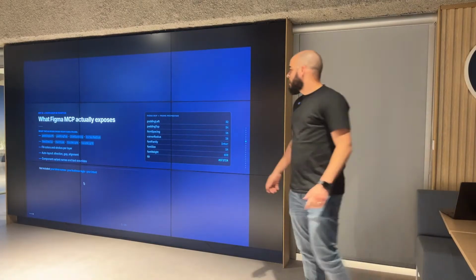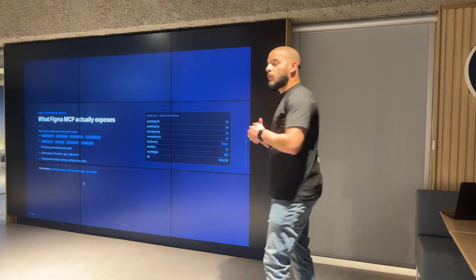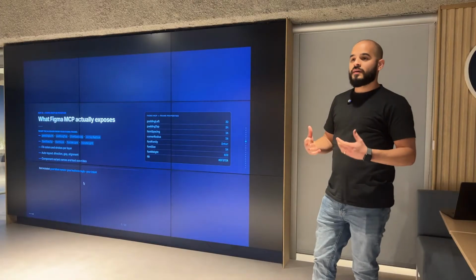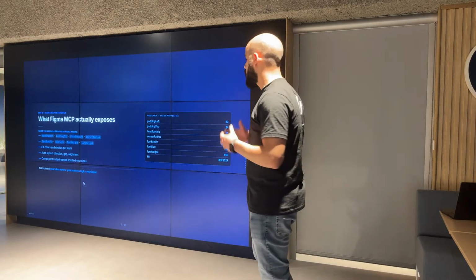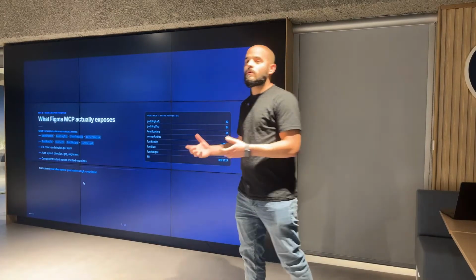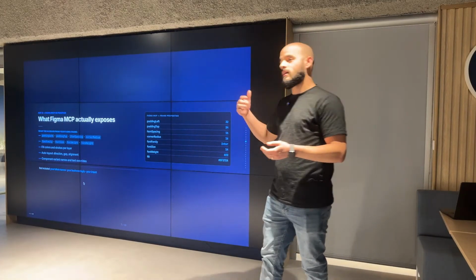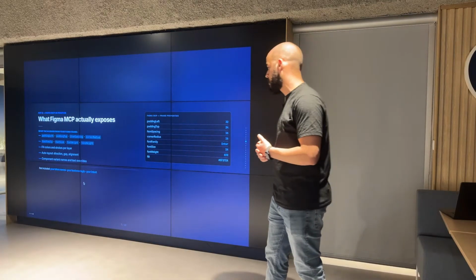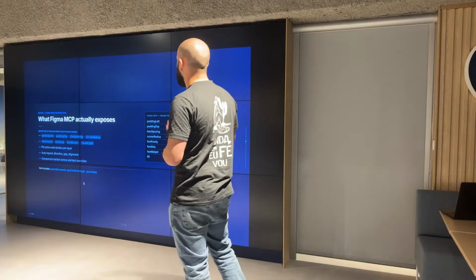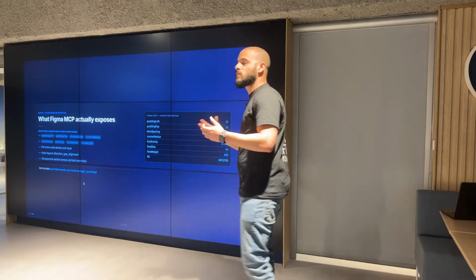So it's important to understand what Figma actually exposes. It's still not magic. It would still be whatever we would do when trying to match the designs with the components we are creating. What Figma exposes is pretty much what we see when we go to inspect a design.